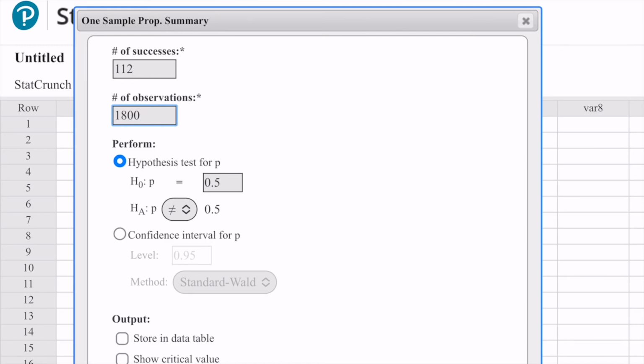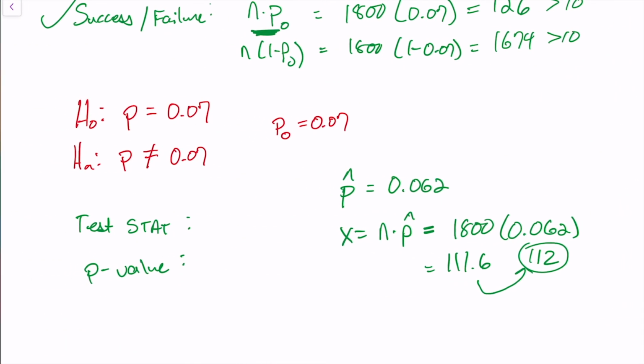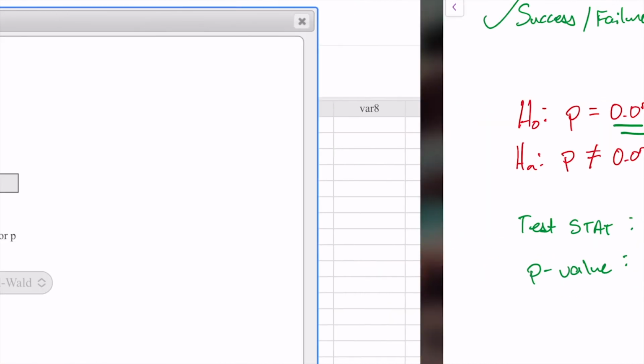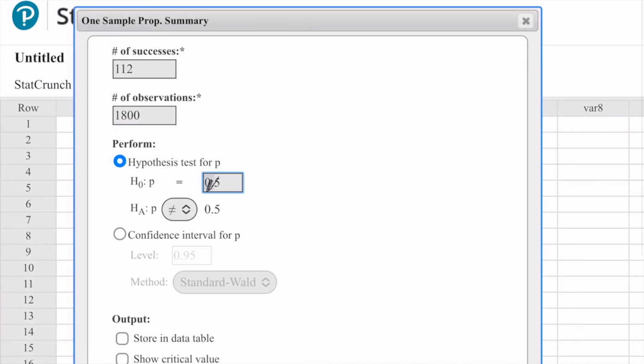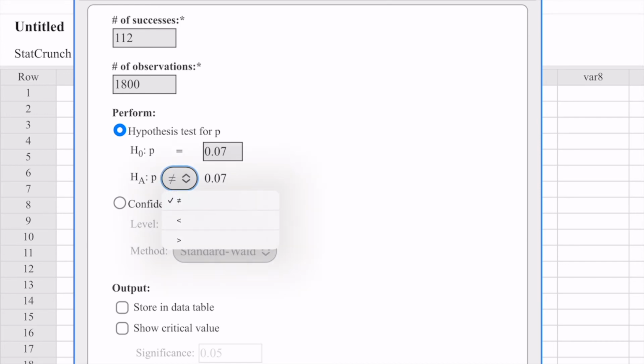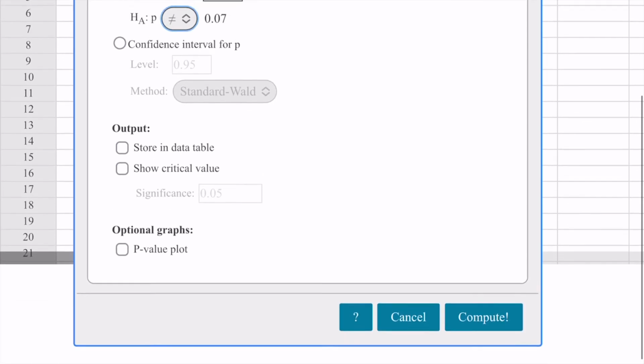And we're performing a hypothesis test, but this time we're testing if the proportion equals 7%, 0.07. And then we are performing a two-tailed test. Remember, we're doing different, and different means not equals to. So if we go to Compute,